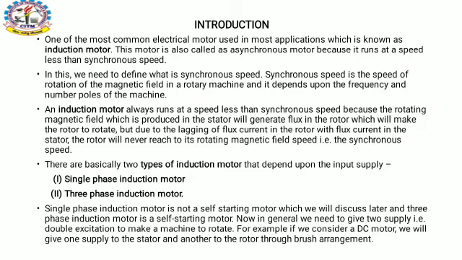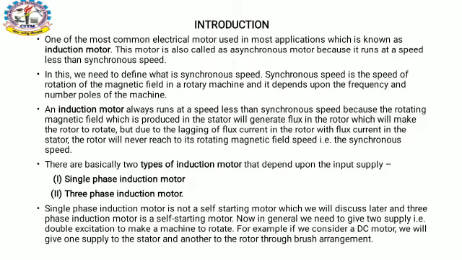And I'm going to brief you about synchronous speed. Synchronous speed means Ns equals 120 f upon P. Here f is frequency, P is the number of poles, and Ns stands for synchronous speed. It means there is an ideal speed of the motor, and if it is reached, that's why we call it the synchronous speed of the given motor. In this, we need to define what synchronous speed is.